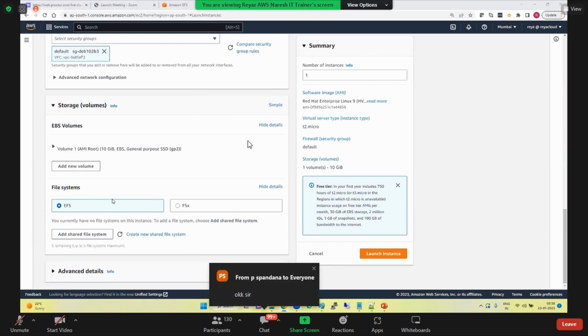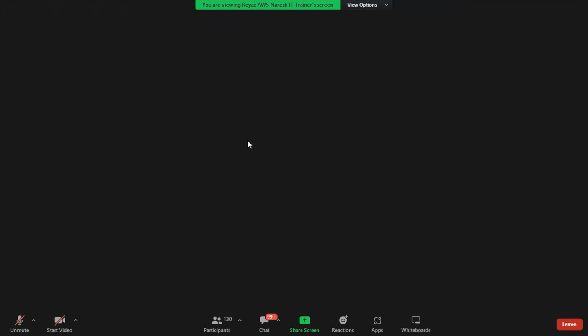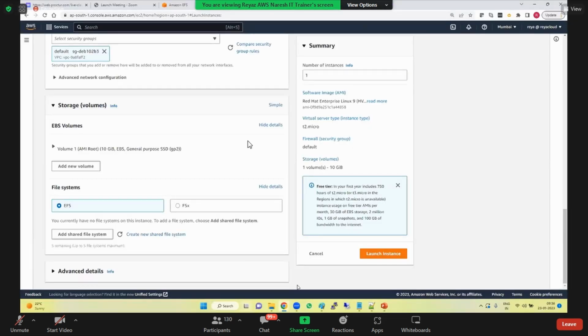So guys, either you can go with EFS directly, attach it here, or you can go with FSX. So add shared file system. If you click on this, so we have created this file system now. Just now we created, right? It will be selected here, 9 AM EFS demo here. So you can do it either way. You can do it like this here, or you can